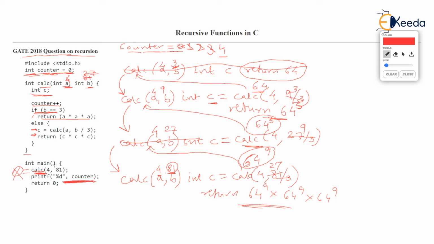In fact, the value returned by the calc function is simply thrown out. This value is never stored anywhere, and main was only interested in printing the value of the counter, and counter is 4. So who cares what is this 64 raised to 9 into 64 raised to 9 into 64 raised to 9? So hence the output of this is going to be 4.